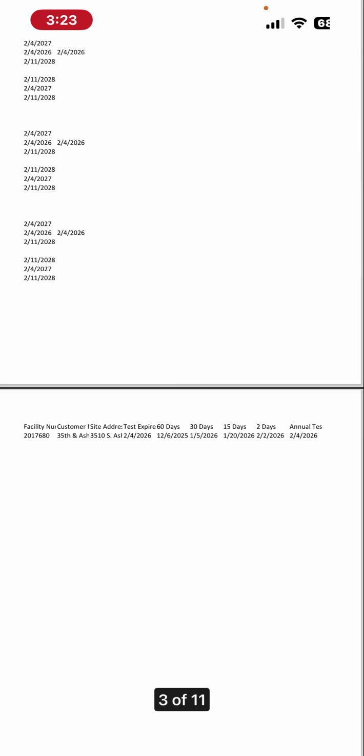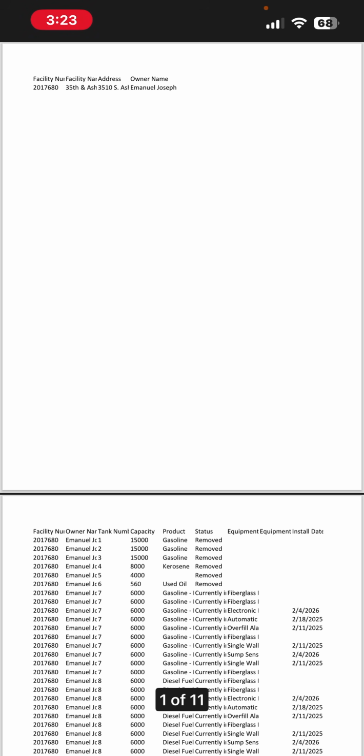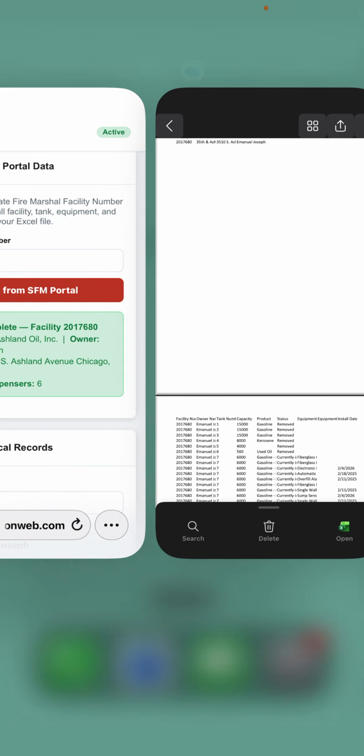all these alerts created. If you look at this, the annual test is on the right side, and the 2-day alert is this date, 15 days is this, 30 days will be January 5, 2026, and 60 days will be December. So these are the alerts created, and it will send the email to the users. So far this is how much is developed. It's still in progress. This is just for testing purposes. And if you go back to, like I said,